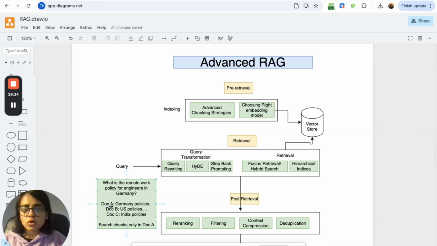So there's doc A German policies, doc B US policies, doc C India policies, and then at the first level, it will choose the German policies, and then we will perform search on the chunks that are only present in this doc, because it does searching at different levels instead of searching all of these documents. That is why it's known as hierarchical indices.